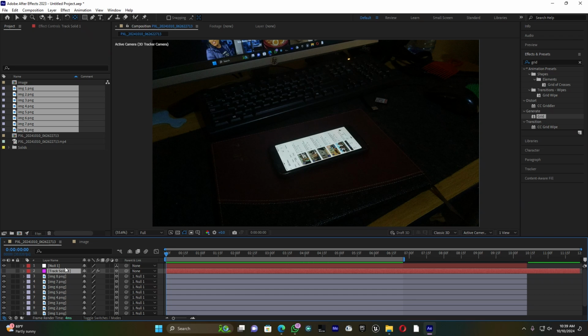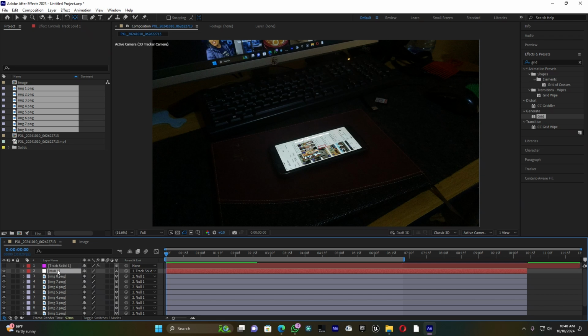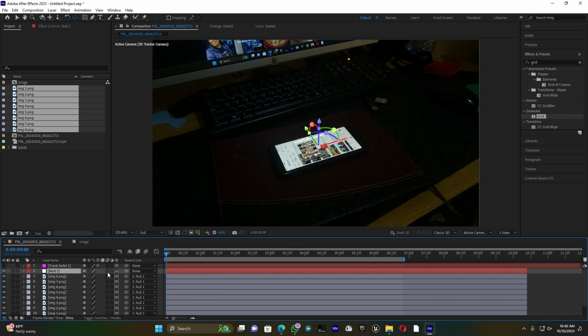And then after this, guys, you have to move up this track solid one here, and I have to link this null one with this track solid one. I hold shift, guys, you have to remember this. Just hold the shift, and then link this null with this track solid one, right? So now come here on this null one, and then let me go back here on none for this parent link,